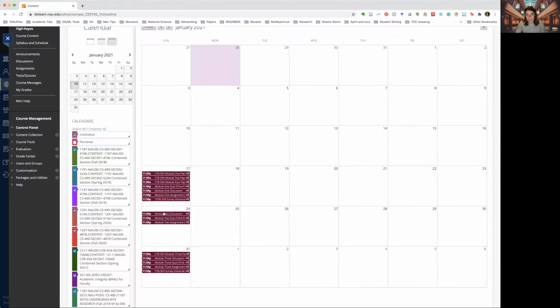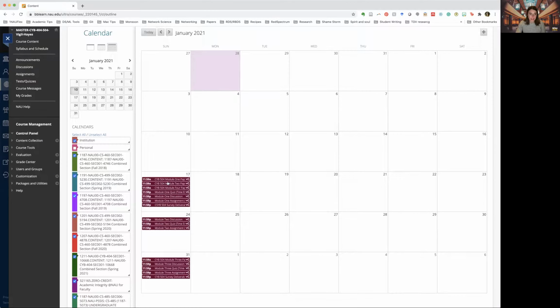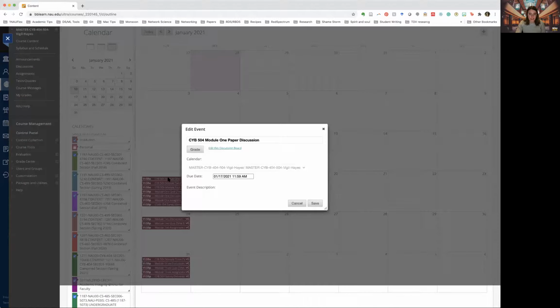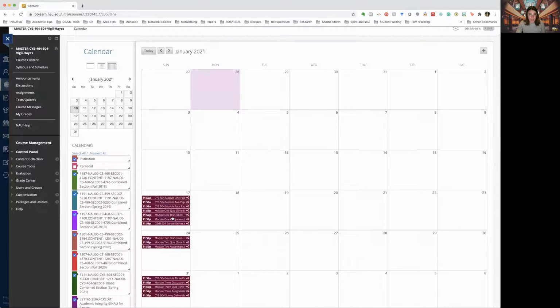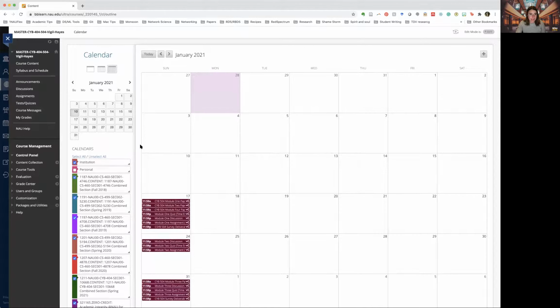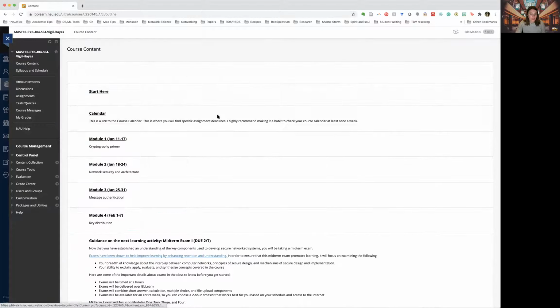So I highly recommend at the beginning of each week, so Monday, logging in, looking at the calendar, making sure you have a good, clear sense for what you need to be doing. And you can click on each of these and go directly to the event or the assignment that's being linked. So it gives you a nice quick look at what you need to be working on at any given time. So going back to the course content page,